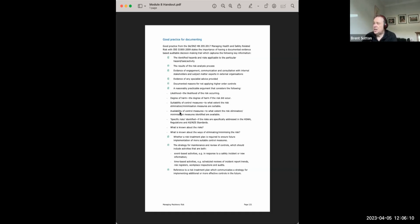And if you've had to seek specialist advice, for instance, you've had to do some form of noise assessment or lighting assessment or some form of machinery assessment, you need to have that evidence of who you engaged and its purpose. And what I like in particular about this standard is it says that you must have documented reasons for not applying higher order controls. I think that is super powerful,